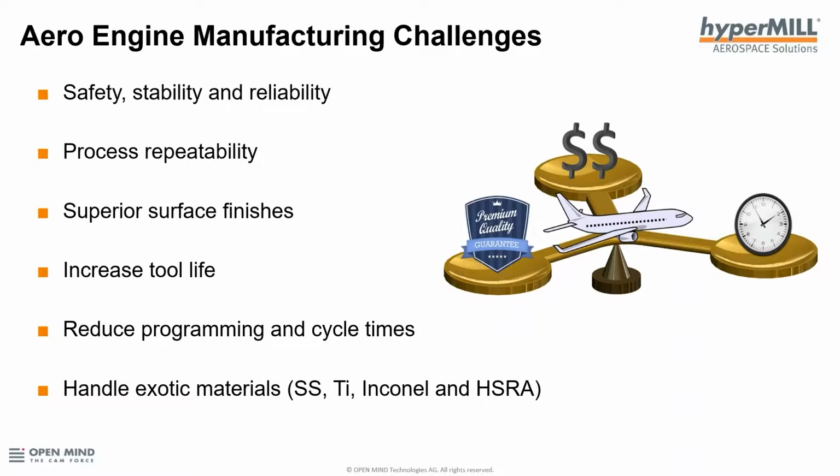Also, there is a need to always machine these exotic materials like titanium and Inconel, because you need material that can withstand a lot of stresses and high temperatures. There are practical challenges like how to eliminate chatter and vibration during machining and finishing of thin walls. So effective tool utilization and controlling of machine movements is also required. So with all these challenges,